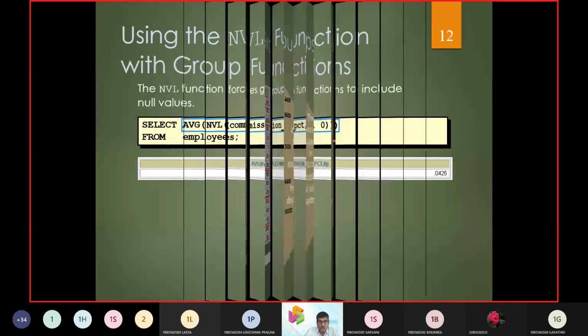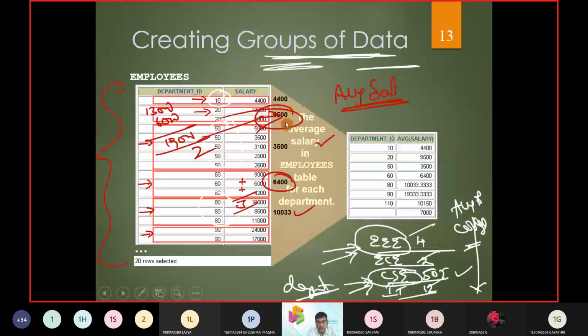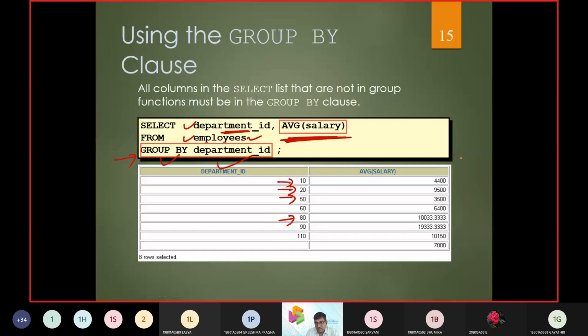We are now displaying the values 4,400, 9,500, 3,500, 6,400, 10,033. So are we getting this? Yeah, we got these values 4,400, 9,500, 3,500 and 6,400. So this is how we are going to get the values.